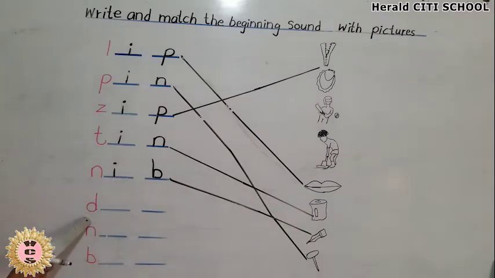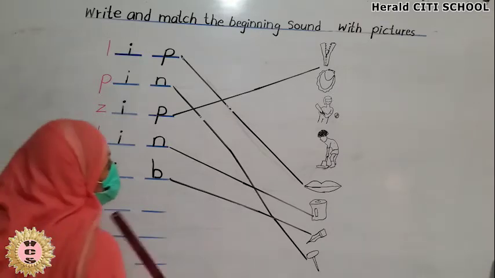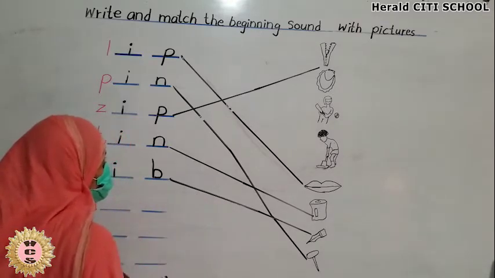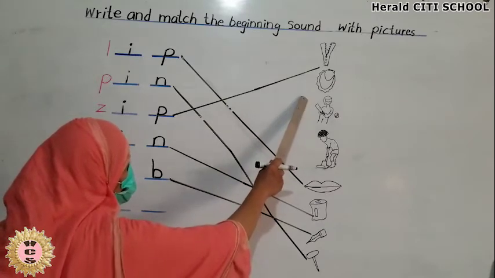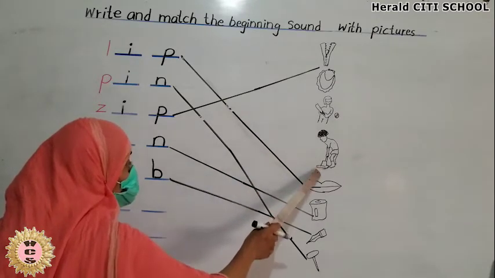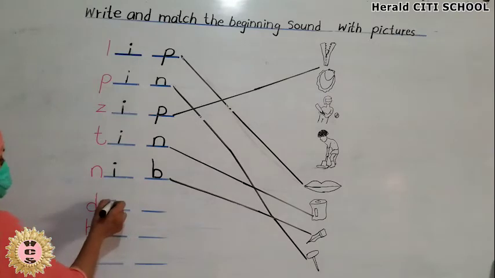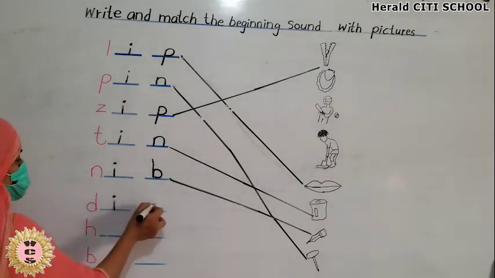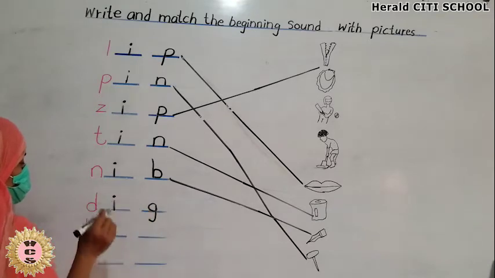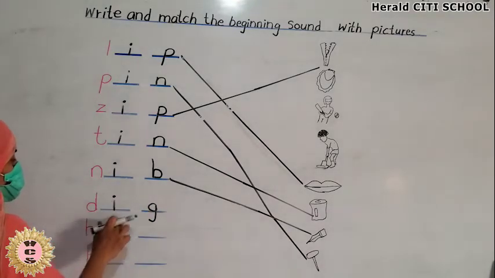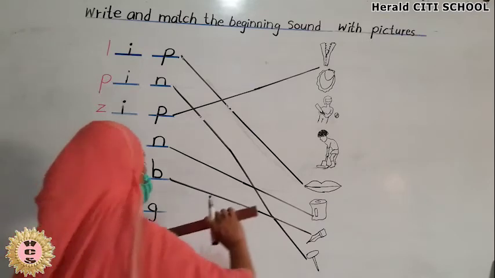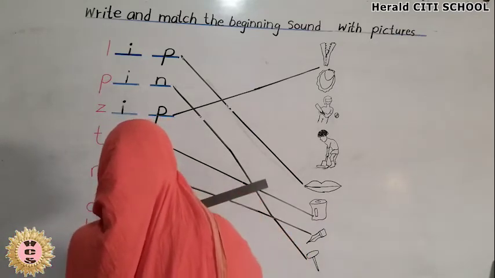Now children, which sound is this? D. And now look at the pictures. Which picture matches this sound? This is B, bib, H, hit, D, dig. Yes, this is dig, and the spelling of dig is D-I-G, dig. Read it again, D-I-G, dig. Now we will match the spelling of dig to the picture of dig.